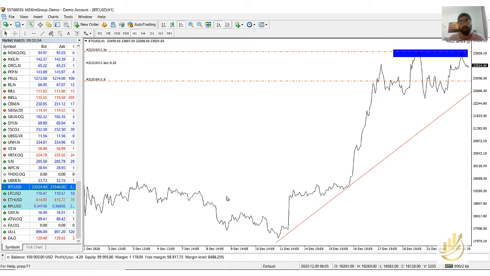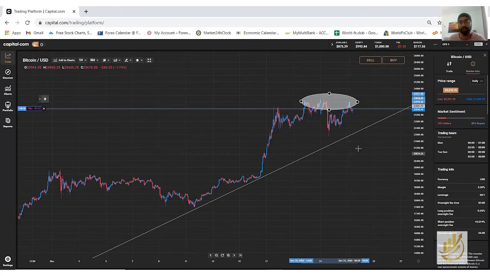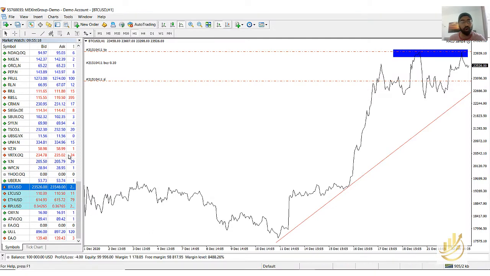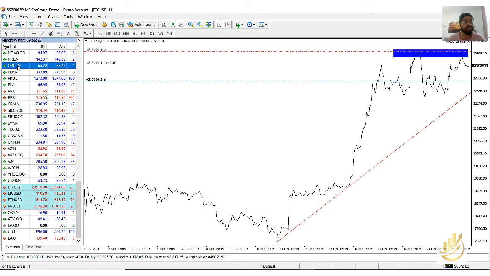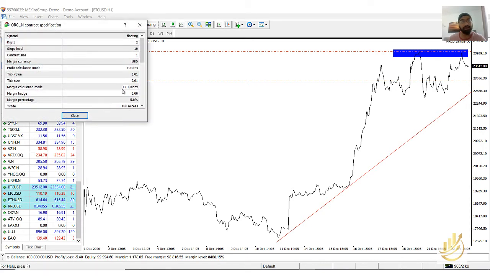So this is one drawback of MetaTrader 4. Plus, you do not have this information available where you have leverage, margin, and everything. You have to again click product-wise specification to know. So if you want to know, let's say Oracle, click on specification. You should know what these numbers are. It is not giving you that much value or that much information. So you have to either call your broker and understand what these numbers mean, and